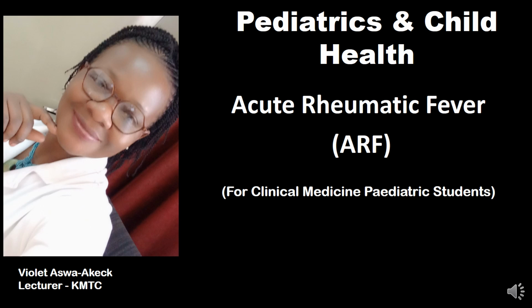Today we shall be discussing a very important topic in our setting, that is acute rheumatic fever. Acute rheumatic fever is important in our setting because, firstly, it is one of the commonest causes of acquired cardiac diseases in children. It is also the forerunner of rheumatic heart disease. Rheumatic heart disease greatly and negatively affects the quality of life of any patient, and its consequences can be quite debilitating. Also, acute rheumatic fever can be prevented because, as we shall see, it comes as a delayed sequelae of something that we can prevent, or we can treat effectively and therefore prevent its occurrence.